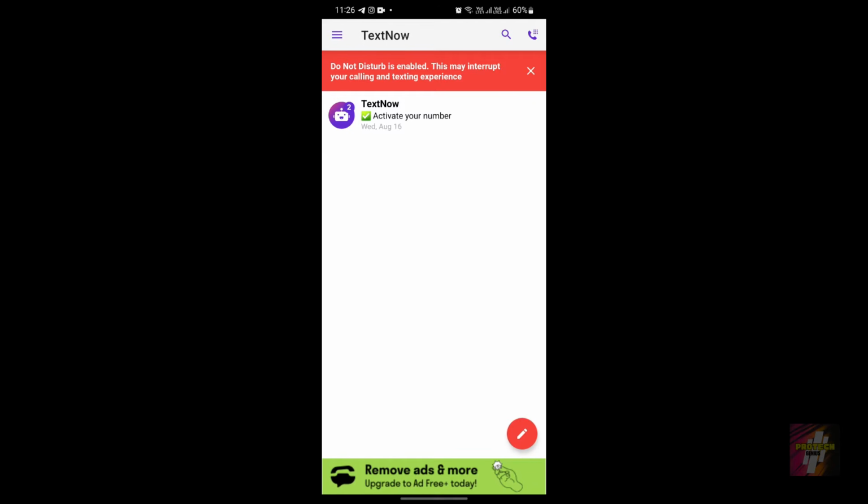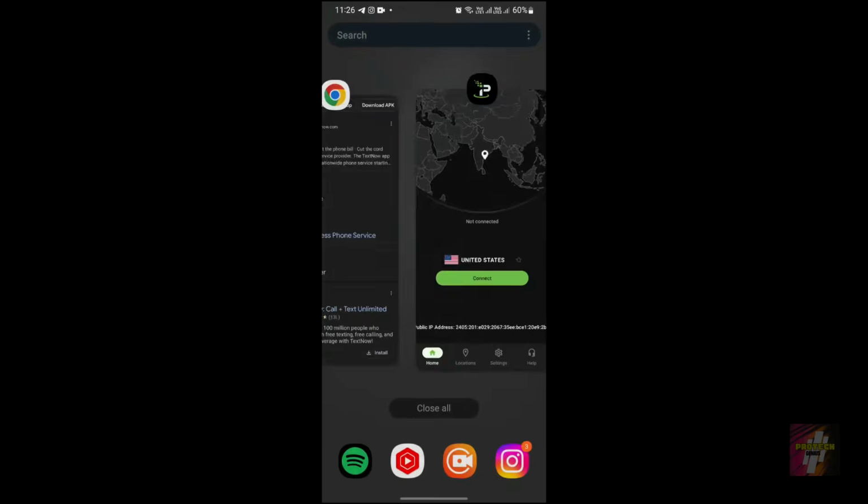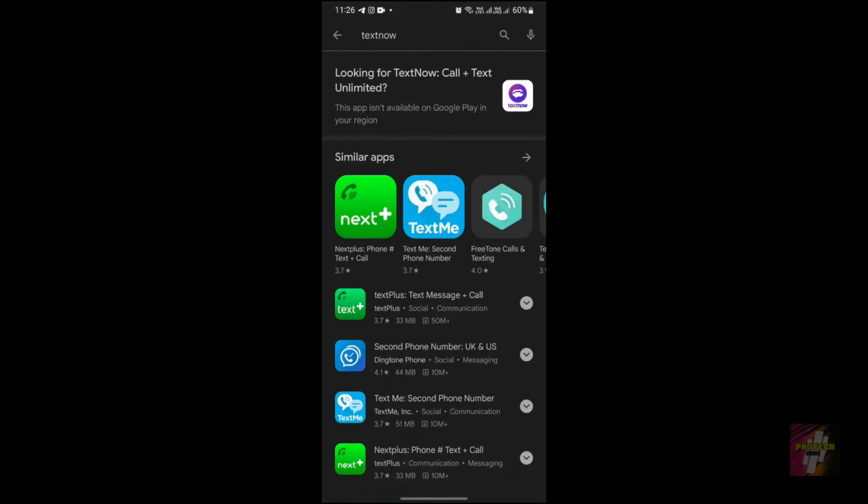creation of the account. So first of all, this app is actually available in the Play Store, but if you search TextNow, you would be shown an error such as "This app isn't available in Play Store in your region." The thing is that this app is only available in Canada and USA. So this app is not available in the US, and I'm from the US, so I'll not be able to install the app. But how do I have the app? I did not install it from any third-party sites. I installed it from the Play Store.